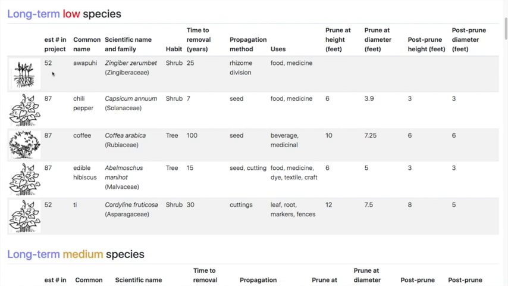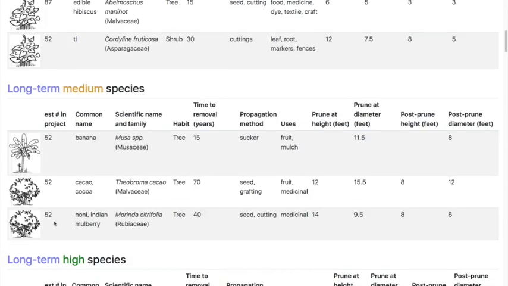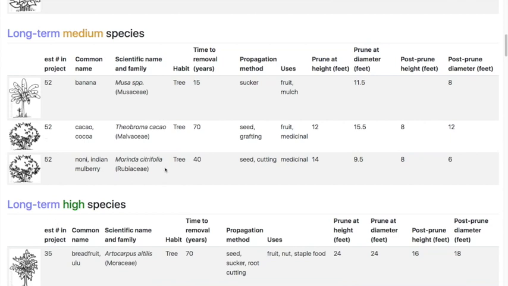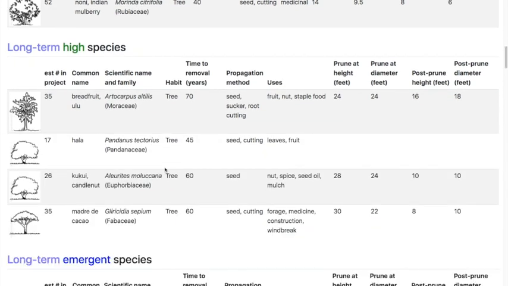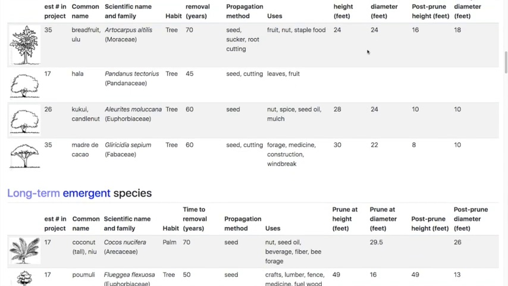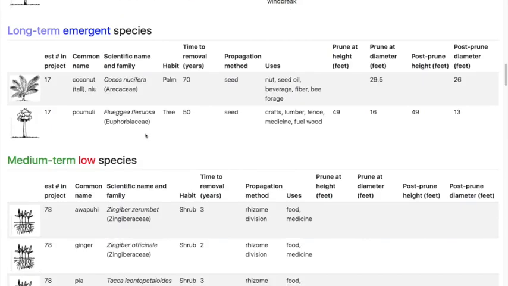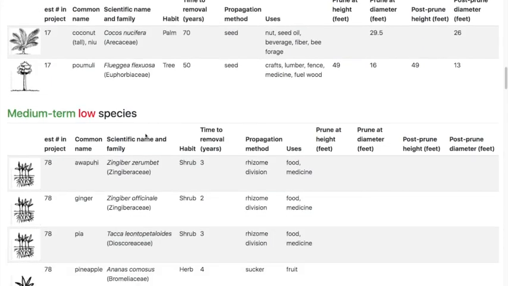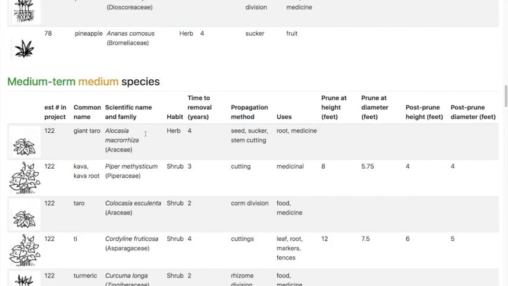You can show up and say, I need 52 of these and 87 of these and that sort of thing. And lucky you if you have such a nursery nearby. And your pruning variables are all here as well. So this is kind of like your management blueprint for managing your area for this project.